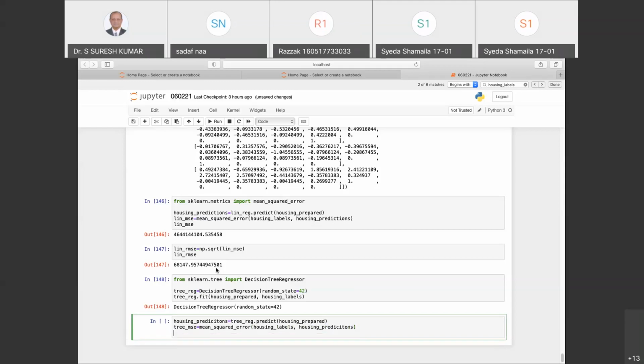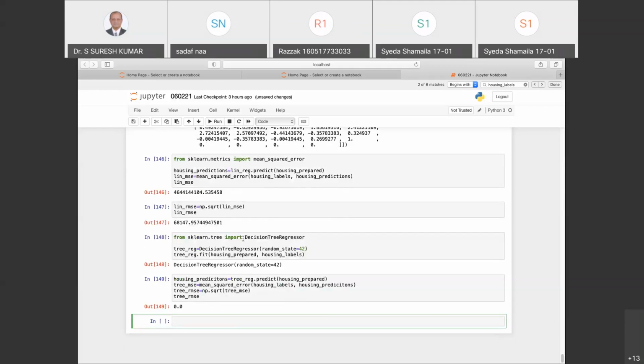We know the root mean squared error is just the square root of this mean squared error. So tree_rmse will be np.sqrt of tree_mse. Let me call tree_rmse and see what my root mean squared value is. Oh God, I am getting 0.